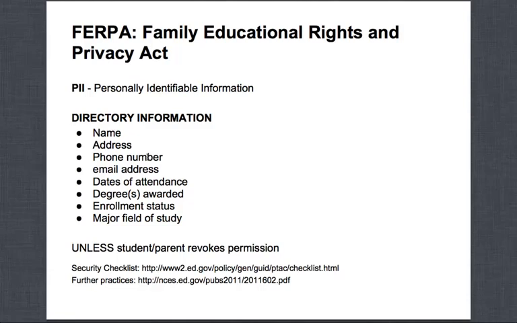So there's things like that I'm used to seeing in the past that now are explicitly forbidden. One of the things you can do, though, is put out directory information. So there, name, address, phone number, email address, dates of attendance, degree awarded, enrollment status, and major field of study. That all is fine unless the student or parent revokes permission. So it's okay until they don't, which is something, as far as things like Drupal is concerned,